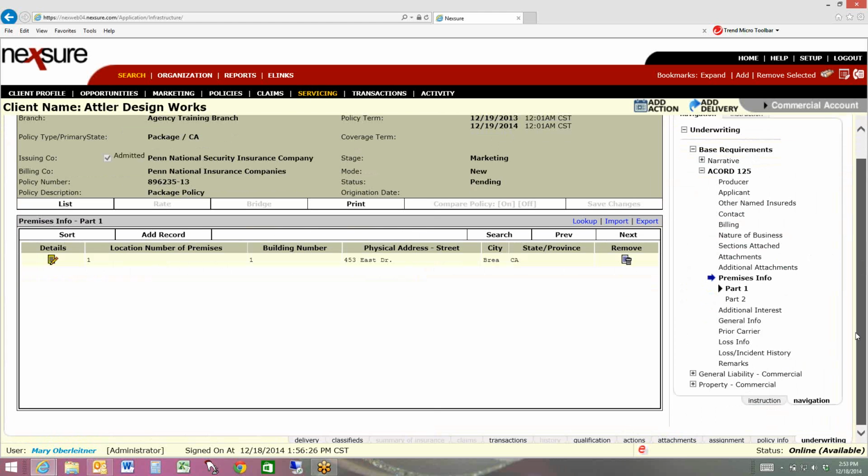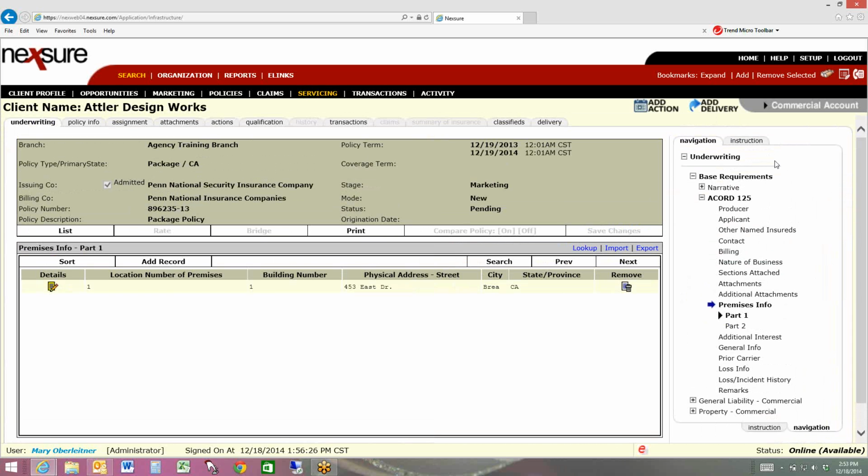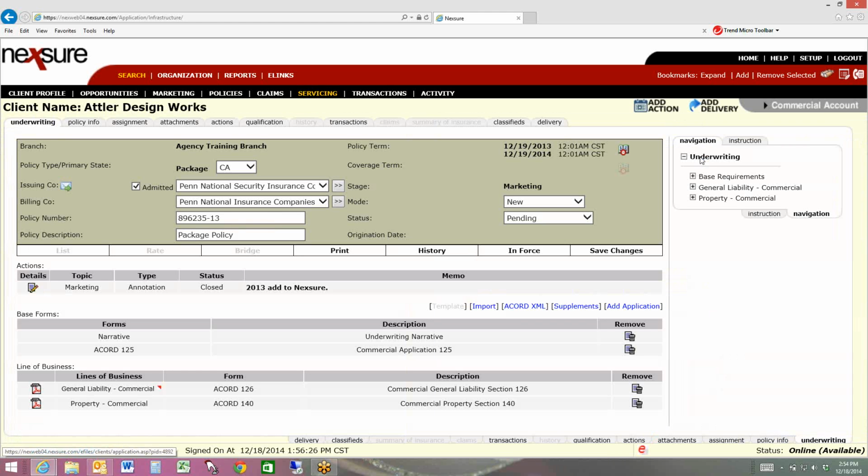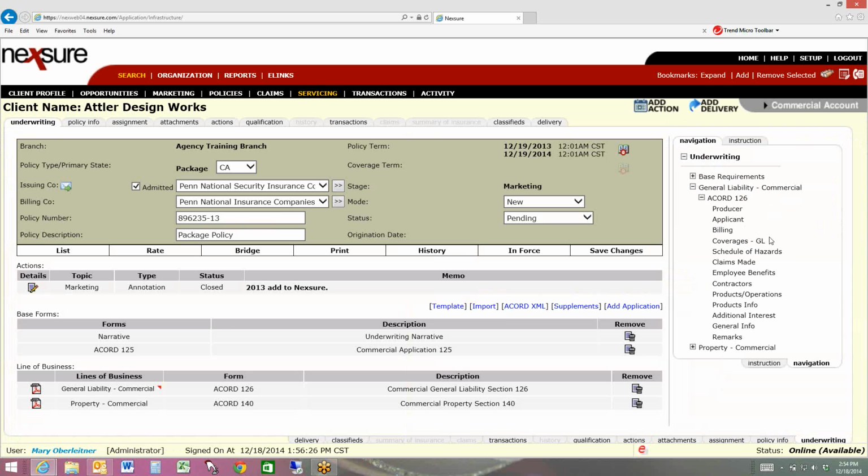Okay, I want to go back. That's all I want to do on that one, and I want to go back to underwriting because I want to use my template. So when you're using the templates to populate your forms, you want to go back to header level. I'm going to click on the plus by the general liability and the plus by the 126. Now if you're doing homeowner, it's the same thing except it's homeowner. No difference. You click on the template link,